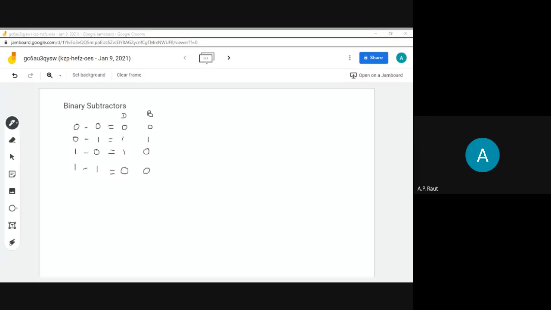So when we write the block diagram, we can easily write the block diagram same as the half adder, only difference in the output. Then this is the truth table of the half subtractor. Yes or no? Yes, ma'am. It again has the two inputs A and B, and the two outputs, difference and borrow.